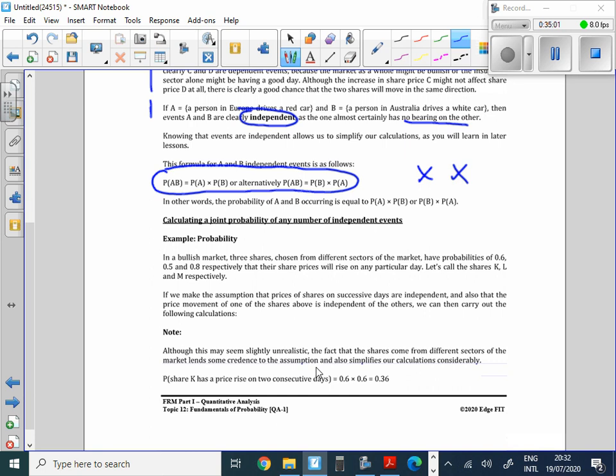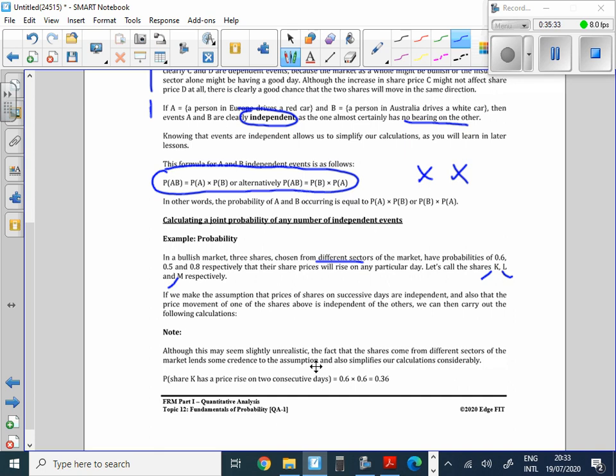Let's have a look over here. In a bullish market, 3 shares chosen from different sectors, so we've been quite specific over here, there are different sectors of the market, have probabilities of 0.6, 0.5 and 0.8 of their share prices rising on a particular day. I'm going to call the shares K, L and M. Okay, good. If we make the assumption that the prices of shares on successive days are independent of each other,